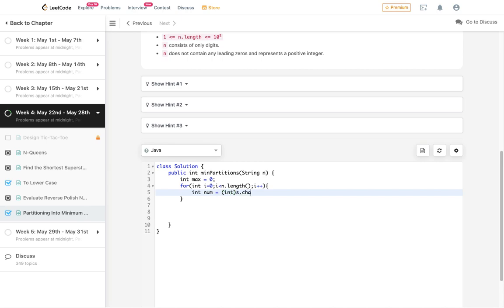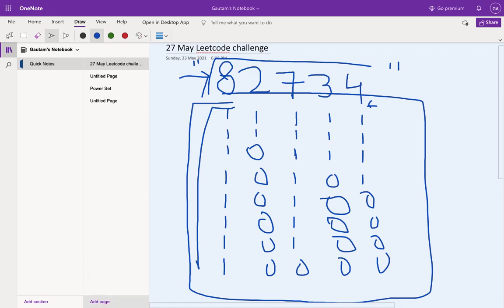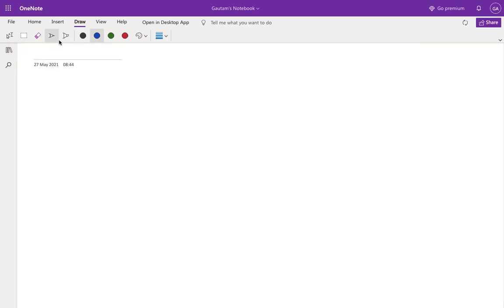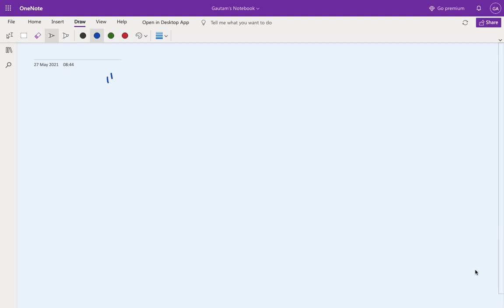What we'll do is n dot charAt(i) minus 48. Let me explain the 48. For example, there is a string like 827. We start from i equal to 0, that is 7.